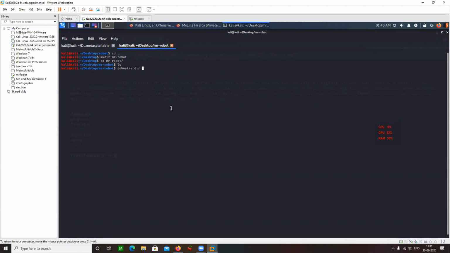I'm using GoBuster. gobuster dir -u http:// target IP address here, that is 142, and -w for wordlist: /usr/share/wordlists/dirb/common.txt. That is going to suffice. Yeah, let's run it.